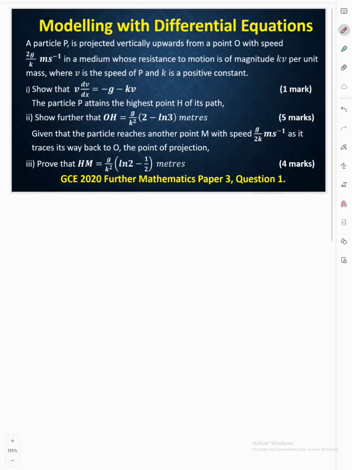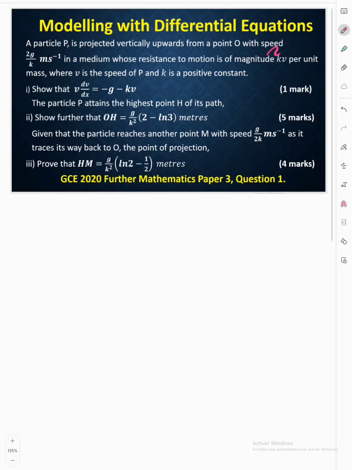Hello, welcome. In this session of our tutorials, we will be looking at this question from GCE 2020, Mathematics Paper 3, question 1. The question is from the topic modeling with differential equations, and it says: